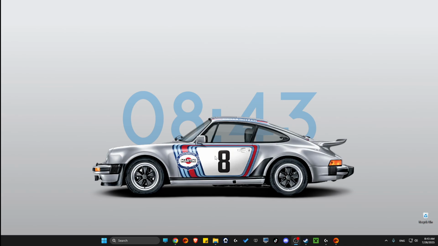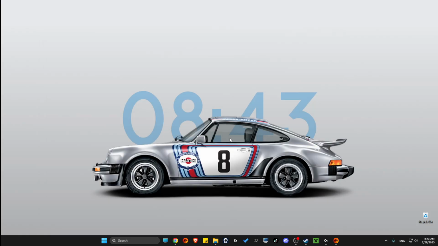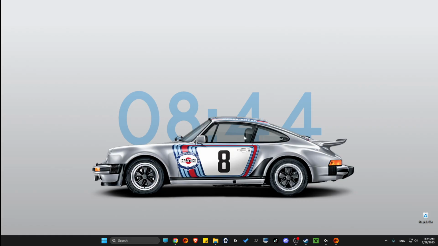Hey guys, to fix infinite loading screen on Apex Legends, first what I suggest to do here, if you have connected some hard drives on your computer, disconnect them. Same with your headphones, controllers, or other peripherals, and look if the problem persists. If the problem persists, you can connect them back. If the problem is solved, just connect them one by one and look at what is causing the